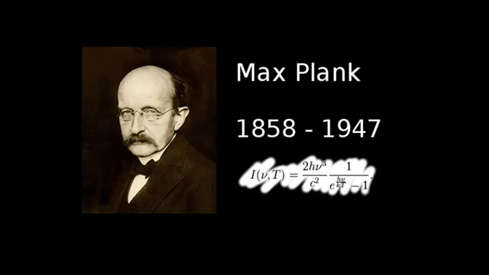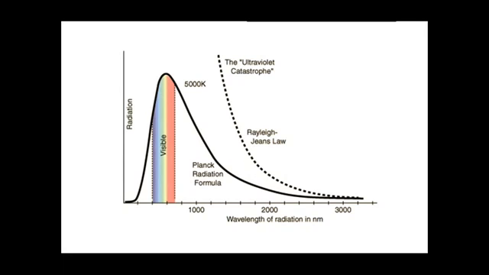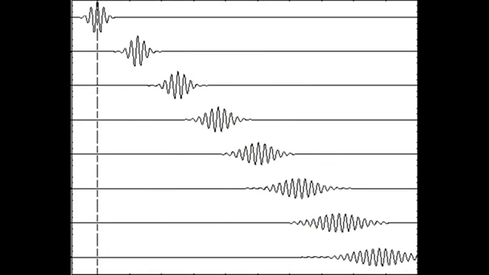Finally, the last thing I want to just briefly touch upon is how this is related to quantum mechanics. Max Planck came up with a solution to blackbody radiation, whereas classical mechanics could not predict it. Classical mechanics can only deal with the low energy part of the emission, but not the high, and this was known as the ultraviolet catastrophe. In order to fix this, Max Planck suggested that light was emitted by the atoms in a blackbody in small packets of energy called quanta, which then went on to become known as photons.